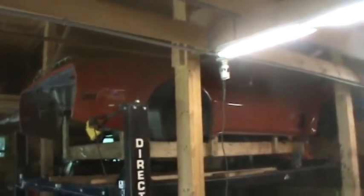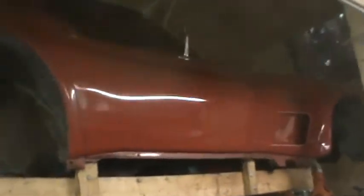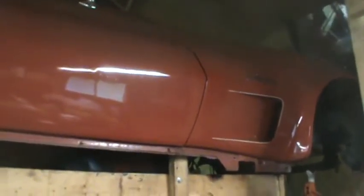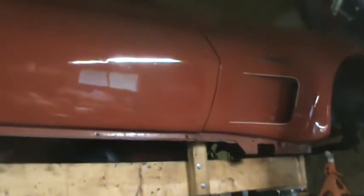So after waiting for several months, I finally got my vintage air system, and this car had air conditioning in it. It hadn't worked for years. So I bought the vintage air system for cars that were equipped off of the showroom floor with air conditioning,